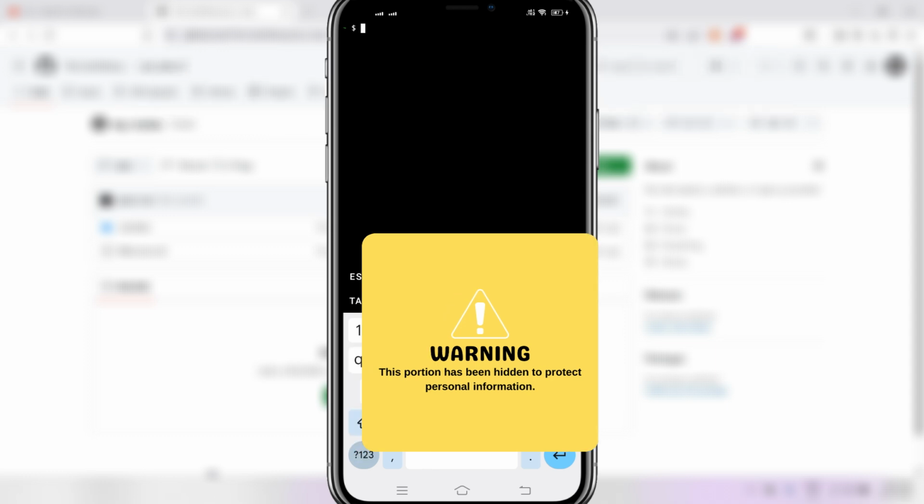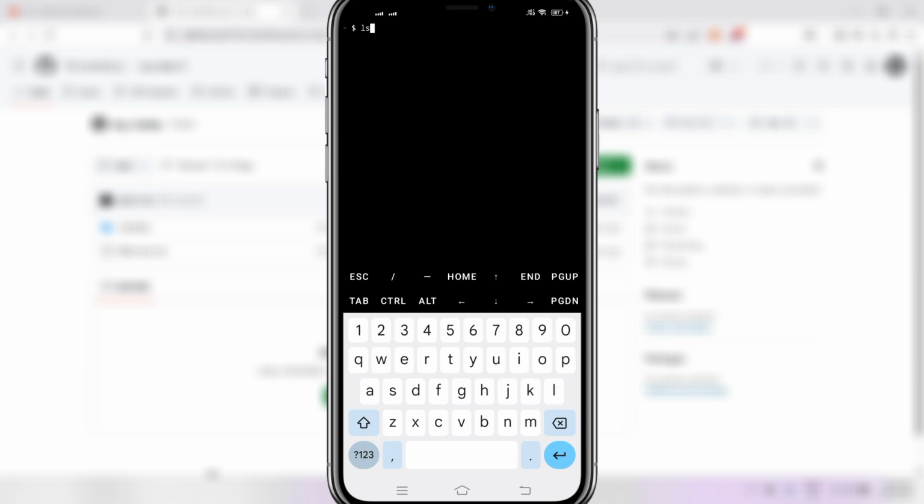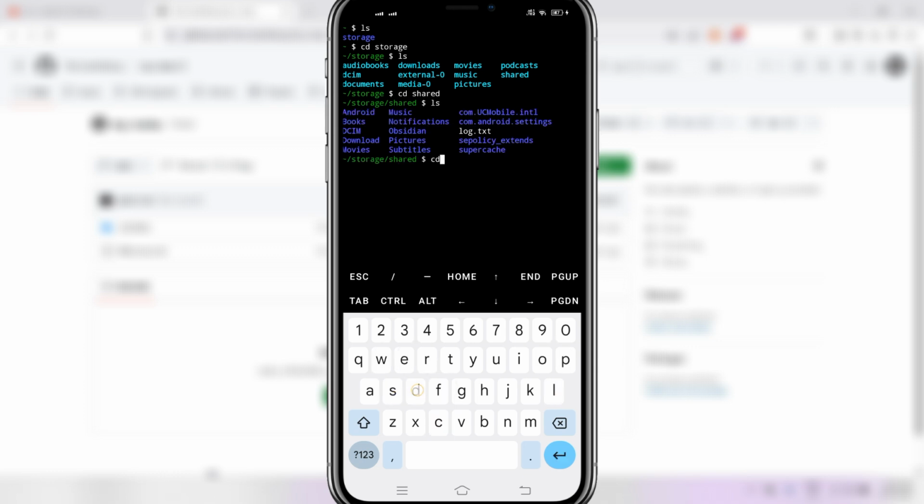Type clear to clear unnecessary texts. Type ls to find folders in your current directory. You can type ls and cd repeatedly to find your phone's directory to the Obsidian folder, or you can go to your file explorer. Mine is